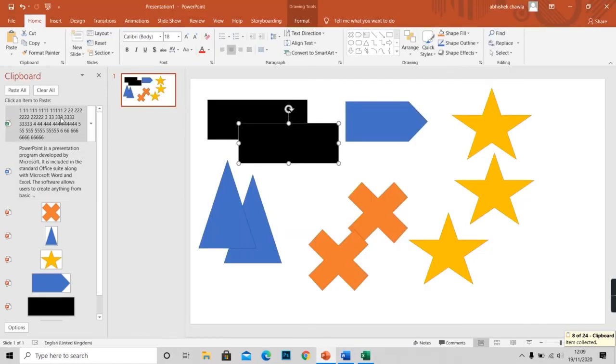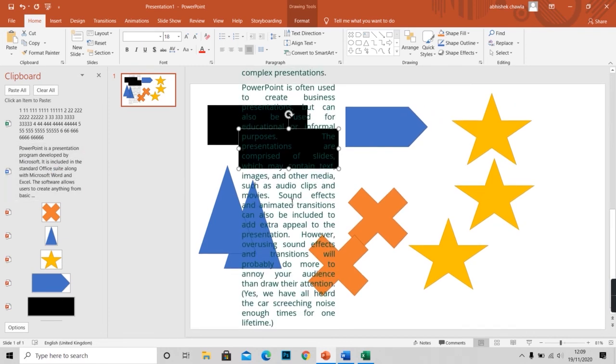When I again go to PowerPoint, you can see this is the Excel sign, this is the MS Word sign, and these are the signs of PowerPoint. So if I want this to get pasted on this slide, I'll click on it and it is here.